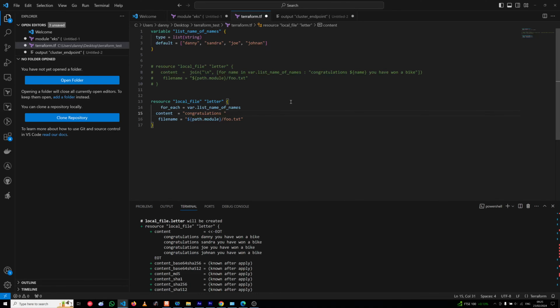Name, right? So we want the each. It'll be each dot value. Come on. Each dot value. There we go. Each dot value. You have won a bike, right? So now if I run that, that should be 4 separate